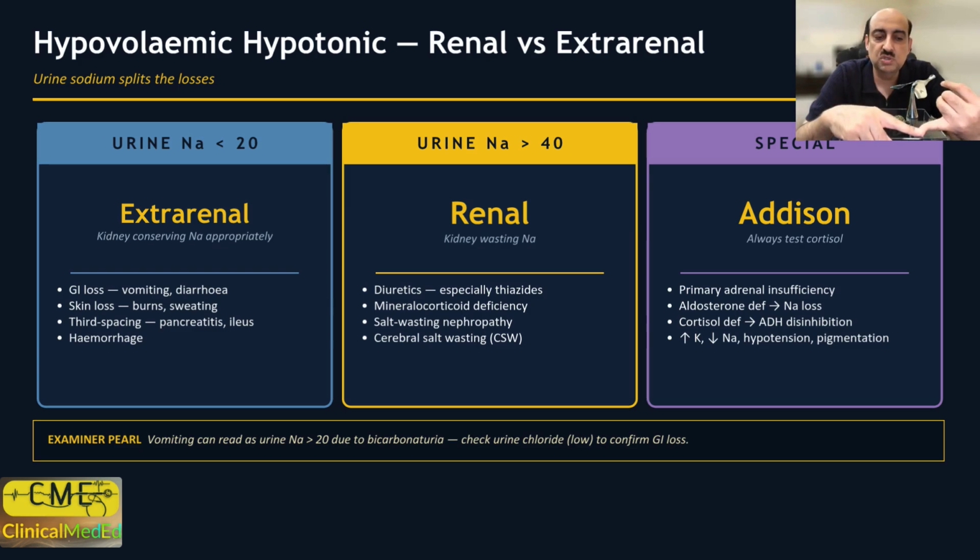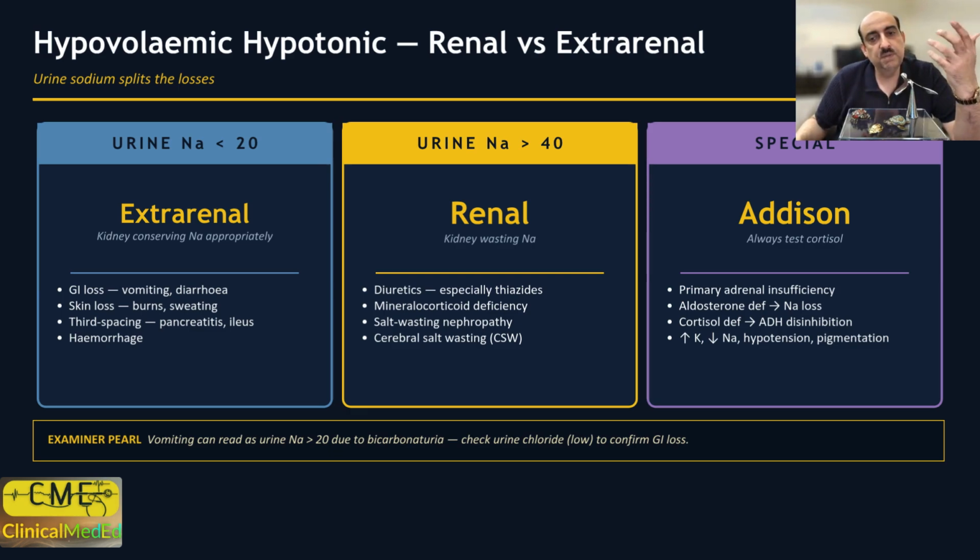So what are the other sources of loss? The commonest is the gastrointestinal tract: vomiting, diarrhea, any cause. Skin loss due to burns or sweating. Third space loss like pancreatitis or ileus, which is extravascular sequestration. Then hemorrhage as well. Now, if the urinary sodium is above 40, this means the kidney is now losing sodium,